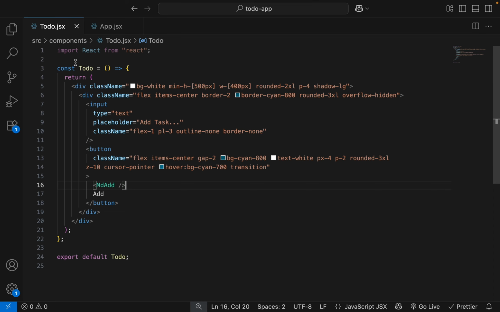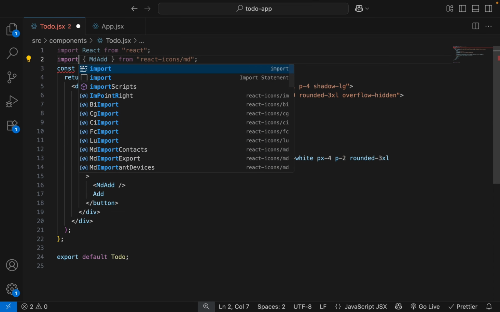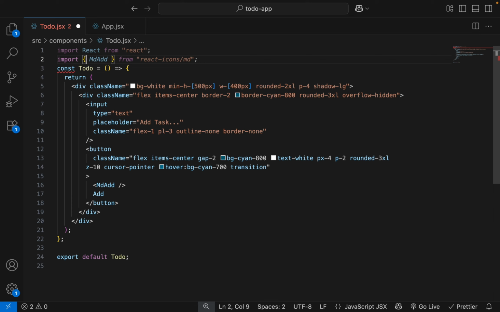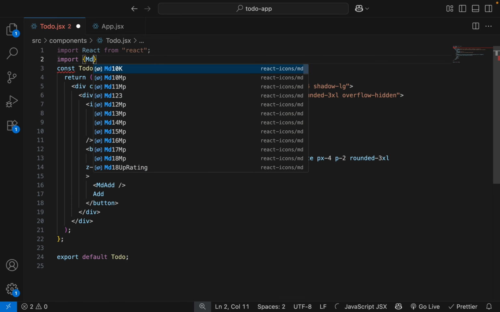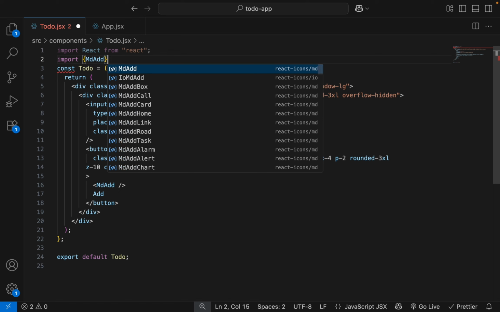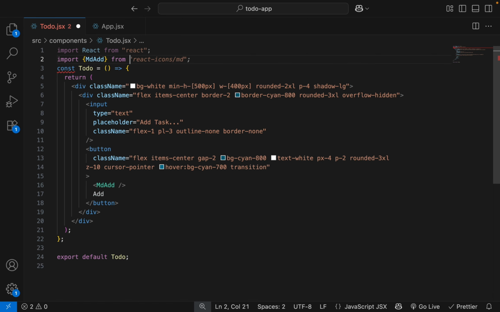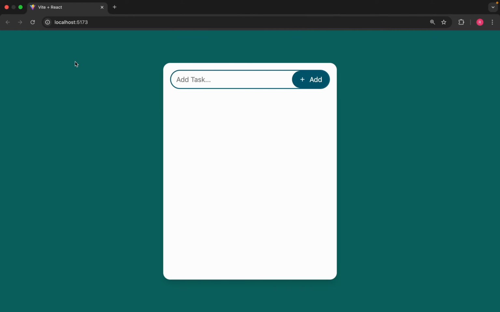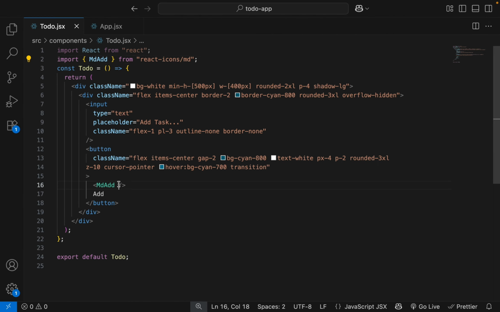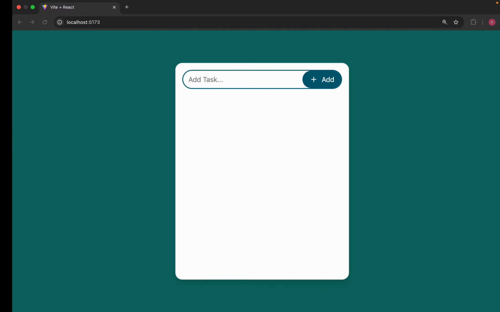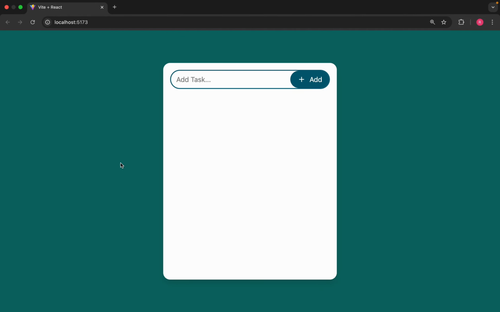Let's import it first. So our icon is imported. Let's add the size property and give it 20. Now it's looking good.